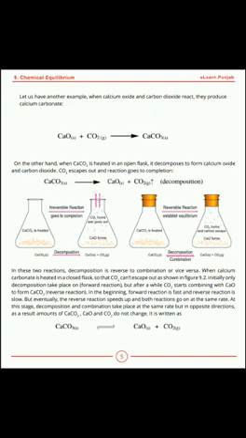It is written as calcium carbonate reversible reaction CaO plus CO2. First, calcium carbonate decomposes, it produces CaO and CO2, but after some time, when calcium oxide and carbon dioxide again recombine, they produce calcium carbonate. These two examples of forward and reverse reaction, of reversible and irreversible reaction, are included in your syllabus.